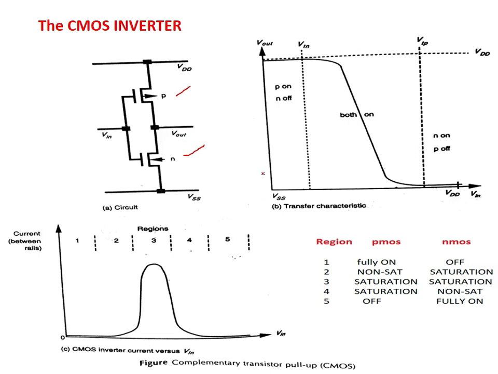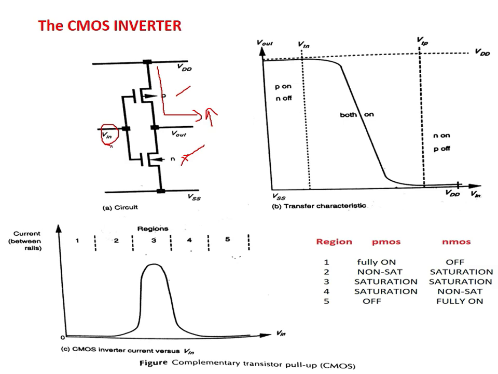Now we will see the operation for low input. For low input, that is logic 0, PMOS becomes on. PMOS transistor is on for low input, off for high input, whereas NMOS transistor is on for high input, off for low input. So for low input, PMOS becomes on and NMOS becomes off. Whenever it is off, it is open circuited. Now VDD is directly connected to output, hence you will get high output.